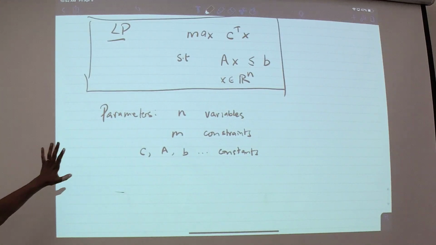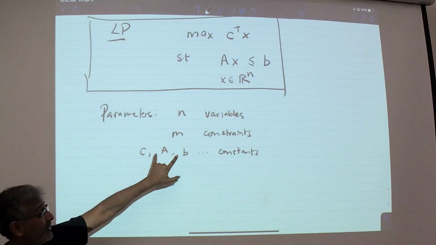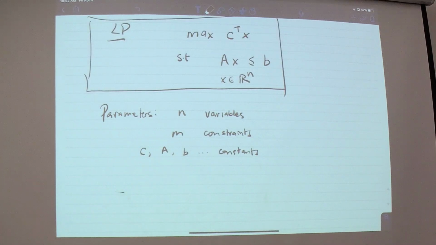Whether we can design a solution that's polynomial in just n and m and doesn't depend on these, we do not know. We're close. Well, close. We can get something that's sub-exponential, but we can't get anything that's polynomial. I think the current bound is something like e to the square root of n. The best bound you can get for this is e to the square root. So I just want to point out that polynomial time means different things in different contexts. In this case, it is polynomial time in the usual sense, but in a more strict, stronger sense of polynomial time, we're not quite there.